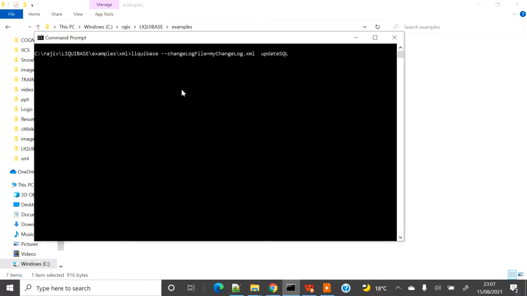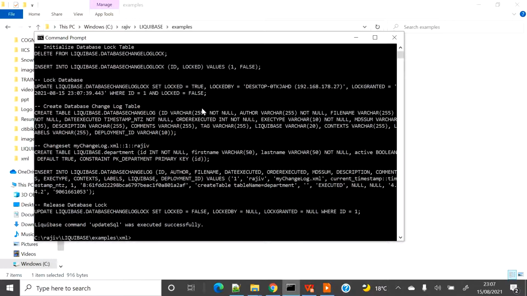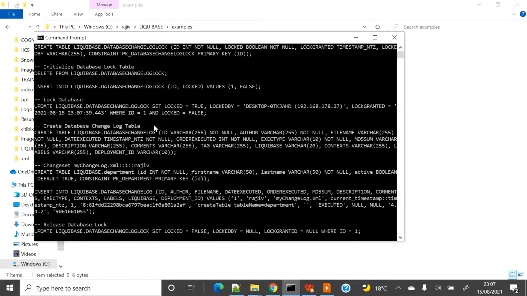This command will show you what change sets are present in the XML file in SQL form. Let me press enter and you will see that it prints all the SQL statements which are going to be applied on the database, because this is the first time, I am assuming. This is also going to create the DATABASECHANGELOG table and the DATABASECHANGELOGLOCK table. These two tables are the tracking table and the locking table, and it will put a lock on the database before starting the change log.